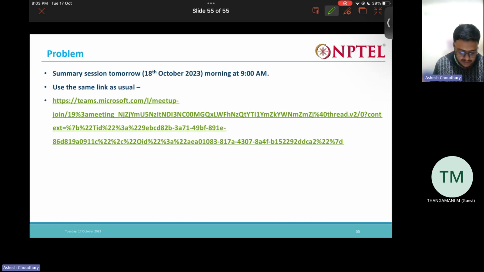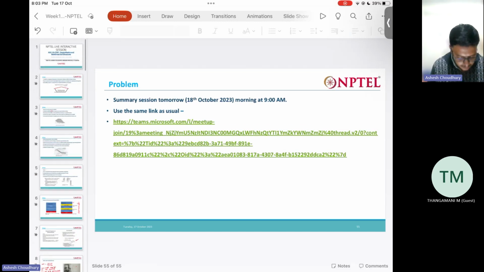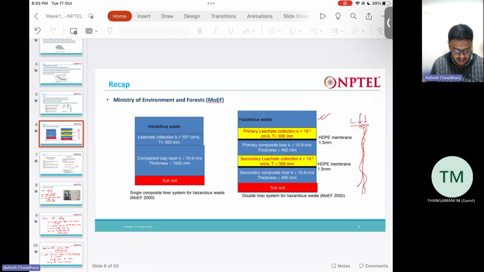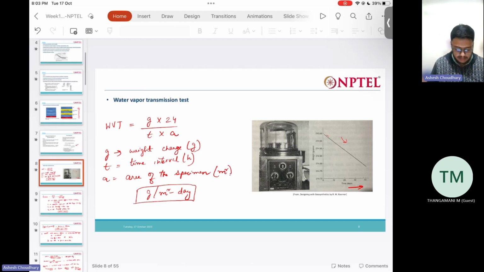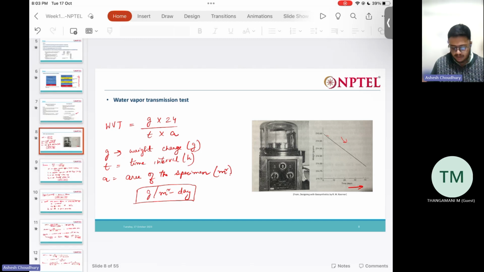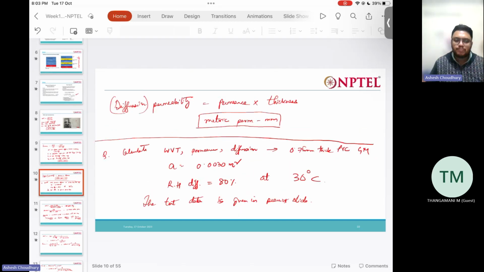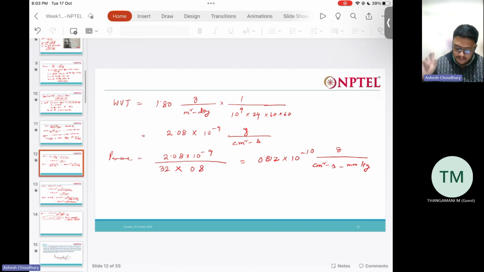Just before we end, let's see whatever we have done today. First we studied what landfills are and what liners are. We saw what a vapor transmission test is, what PPT is, and how to determine water vapor transmission. Then we saw what permeance is, and how we can convert the Fickian diffusion to our normal